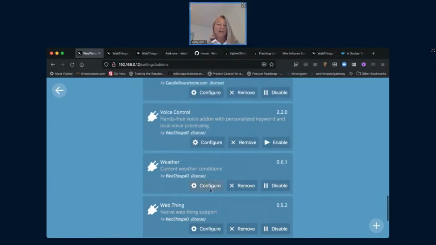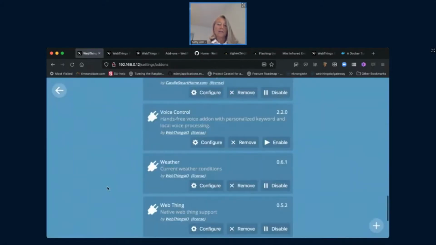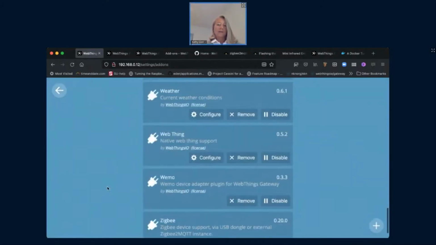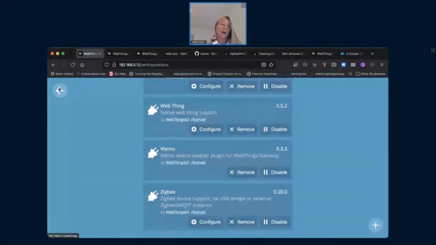And then the weather, again, is just latitude and longitude of where I am. And the WebThing is actually the standard. So when I build things with Microblocks, the Wi-Fi things show up as just standard WebThings. And then I have a couple other devices, and I use a lot of battery operated things. Probably all of the battery operated things I use are Zigbee, because it's a very good low power